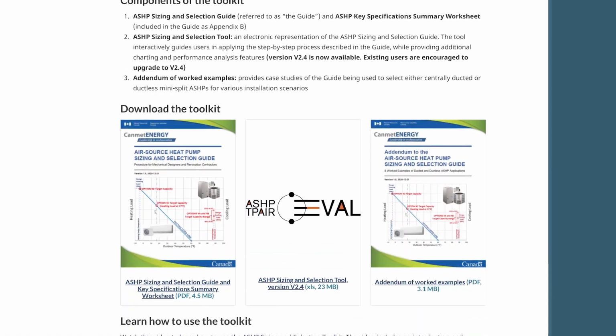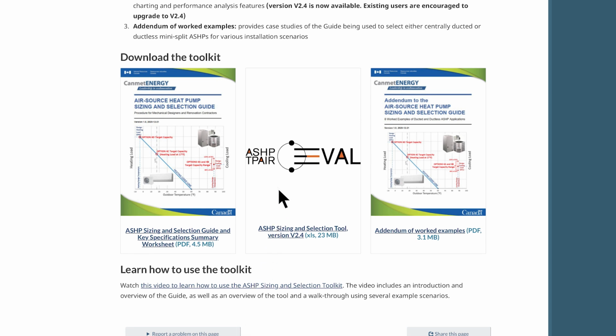Enercan's air source heat pump software is a freely available tool intended for anyone in the HVAC industry that's involved with sizing and selecting air source heat pump systems. The air source heat pump tool enables us to make a very objective comparison of the different models and select the right size and most efficient ones for the application.